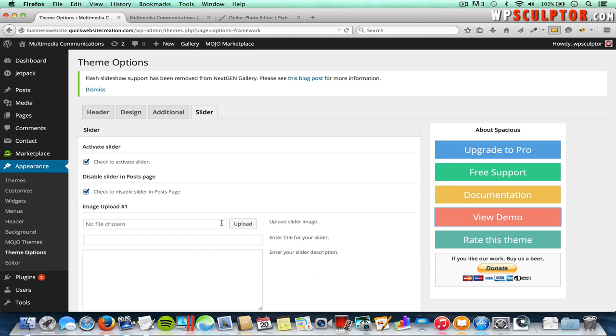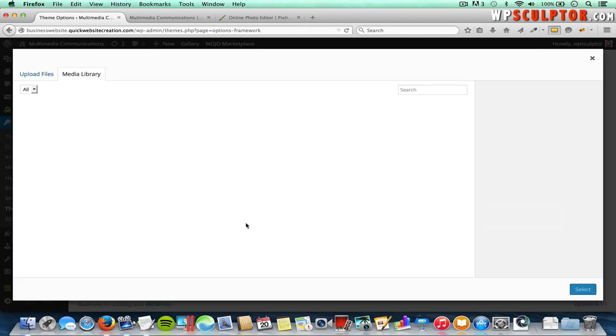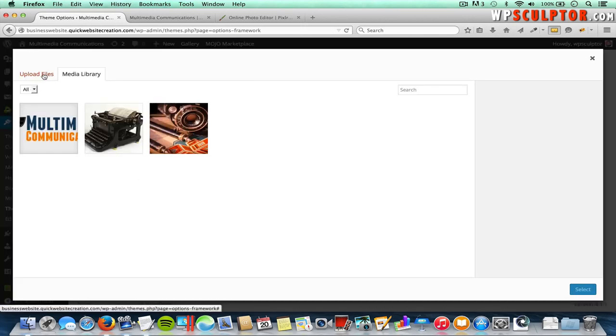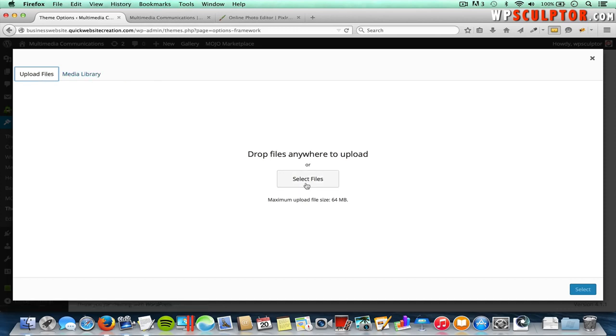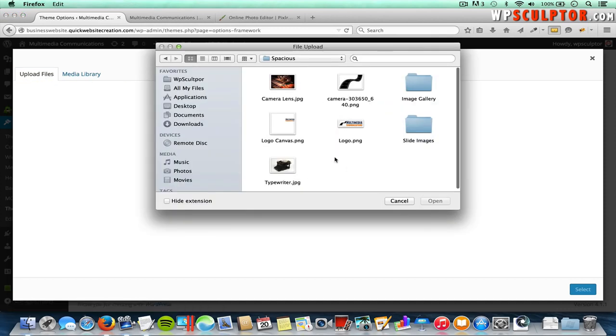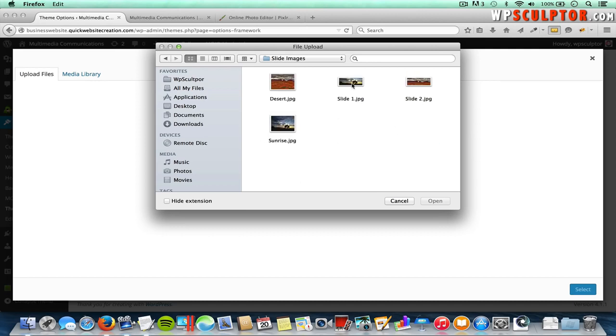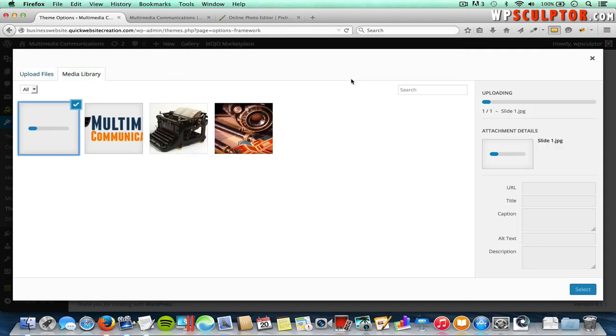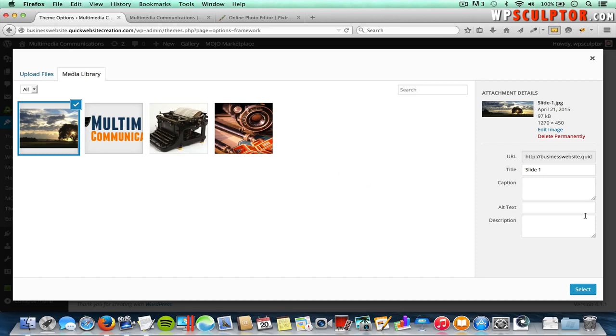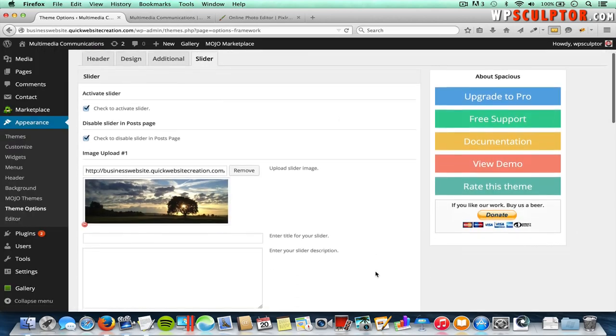and we'll come down, and I'm going to click on upload, and then I'm going to click on upload files, and then I'm going to click on select files to find the slide 1 on my hard drive, and I've got it right here in this folder. So I'm going to click on that slide 1 image, and of course this is the image that I just cropped, and that's going to upload, and then I'm going to click on select,